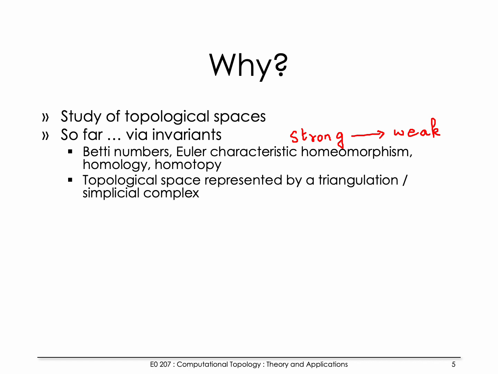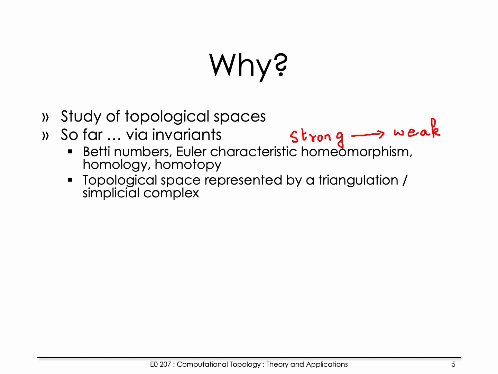So these invariants, as we saw, some are easily computable, others like homeomorphism is not easy to compute. Nevertheless, it's a useful invariant to distinguish topological spaces. For those notions such as homology and Betti numbers, we also saw an algorithm to compute, for example, the Betti numbers. In order to compute the Betti numbers for a topological space, we needed the topological space to be represented by a simplicial complex. So this simplicial complex was essentially a triangulation of the